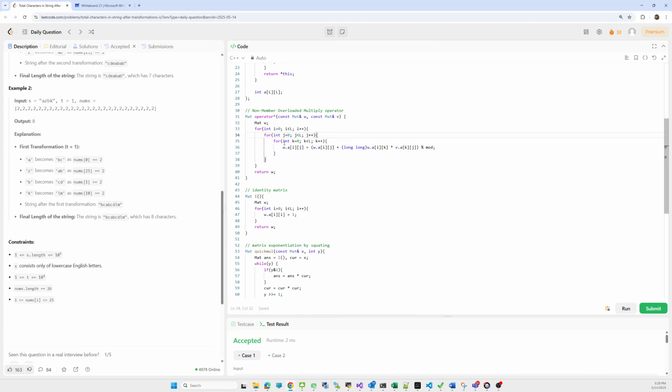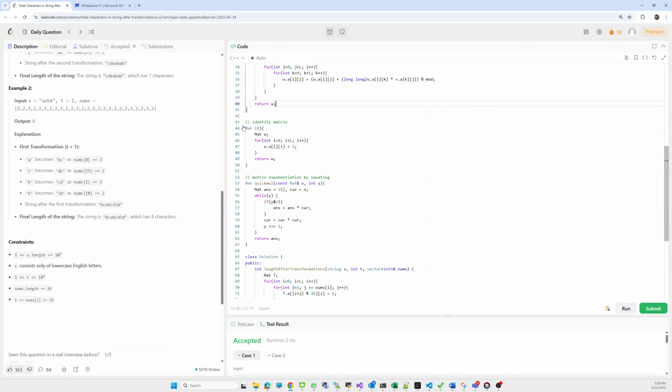Then we take a loop from k equal to 0 to L, and in that we do the matrix multiplication. It means we have to do row by column: the row of the U matrix and the column of the V matrix. We have to take the product of each component, and in the end we return the resultant matrix.